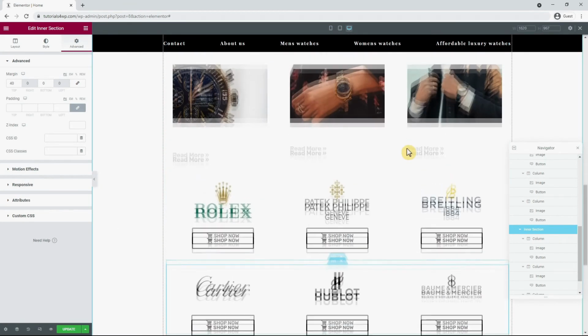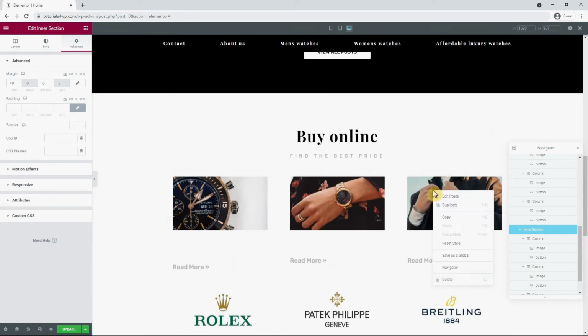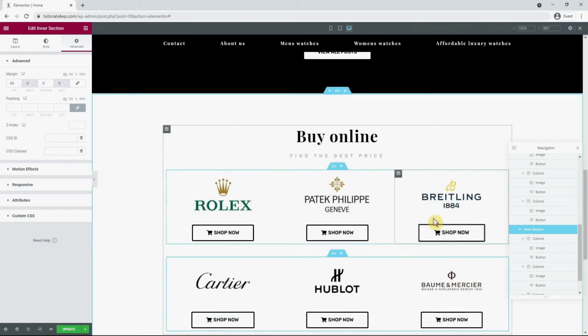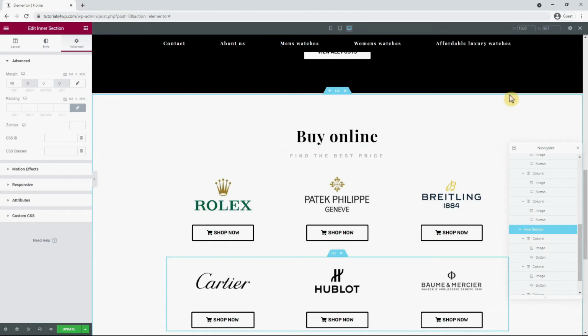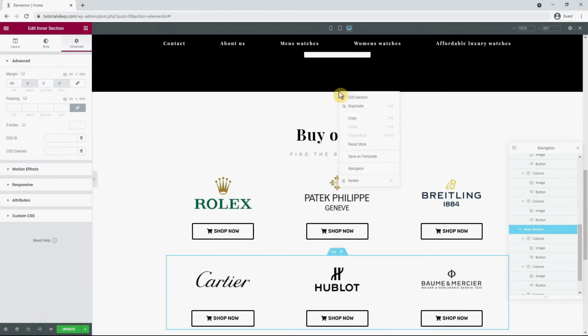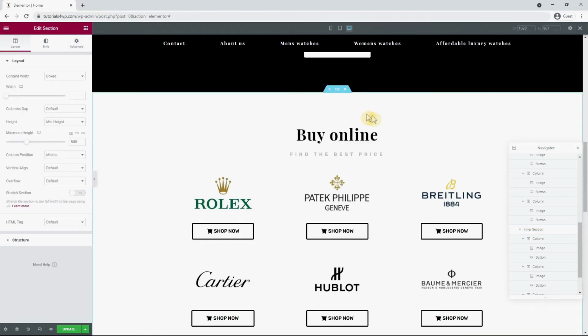And now I switch back over to the desktop view again, and now I delete the post section by clicking on it and then select delete. And now it's time to create the last section for the homepage, and in this case I will make an About Us section. So now I right click on the section that I've just created, and then I select the